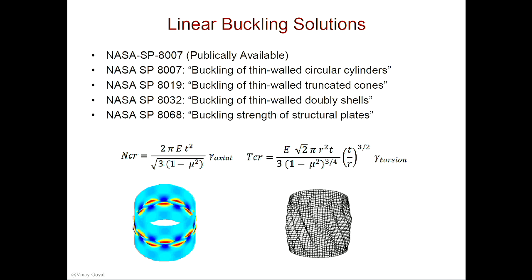And here's a publication of NASA handbooks you can download for free. It's open to anyone that wants to look at them, and it has closed form solutions for buckling of thin wall cylinders, thin wall truncated cones, double shells, and plates. So you can actually get the analytical solution, and you can compare it against finite elements. Not only that,